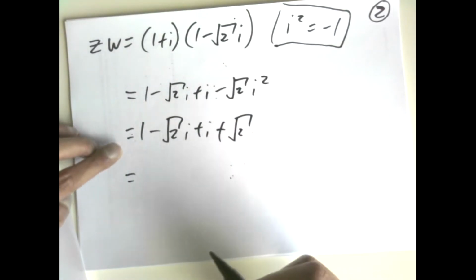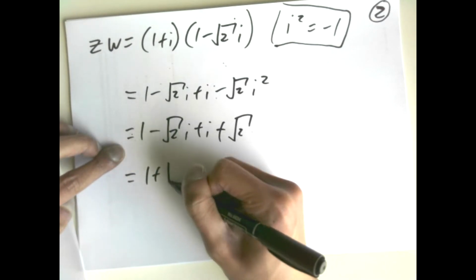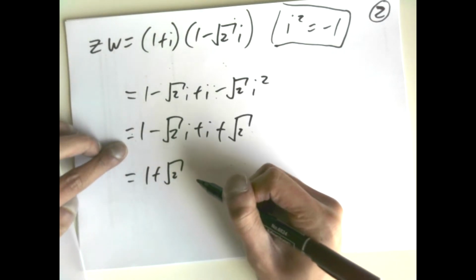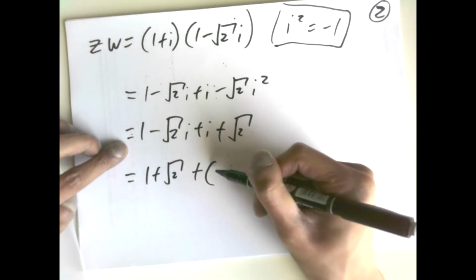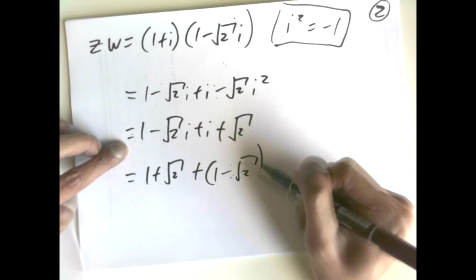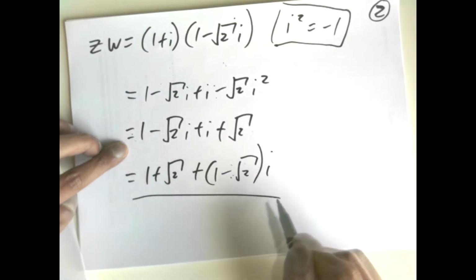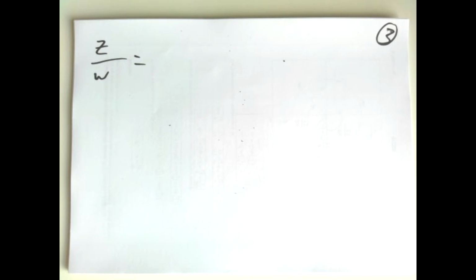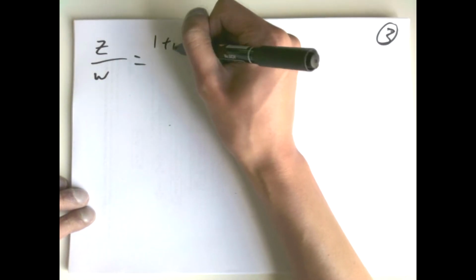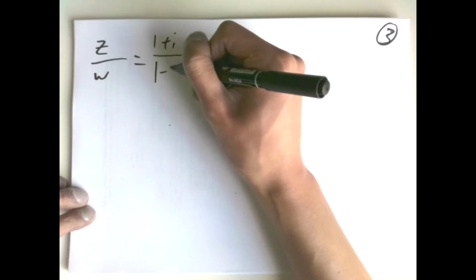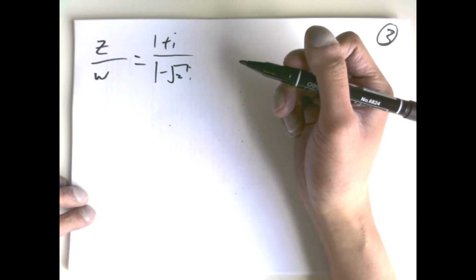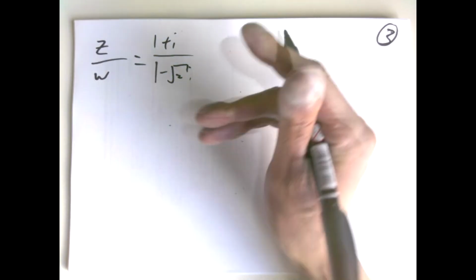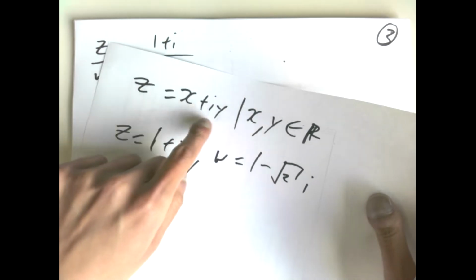Leaving all of this as 1 plus root 2, there's the real part. And the imaginary part is going to be 1 minus root 2i. And that's the multiplication. For the actual quotient of z divided by w, we're going to have 1 plus i all over 1 minus root 2i. However, we would always like our complex numbers to be expressed as a real part plus an imaginary